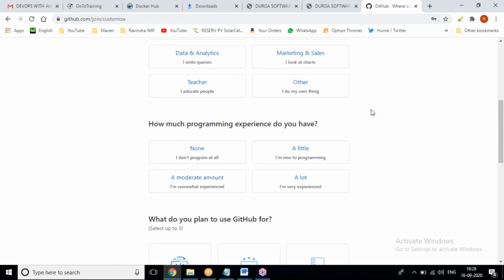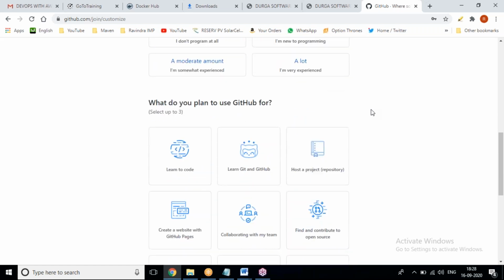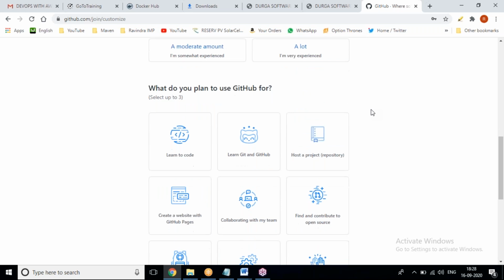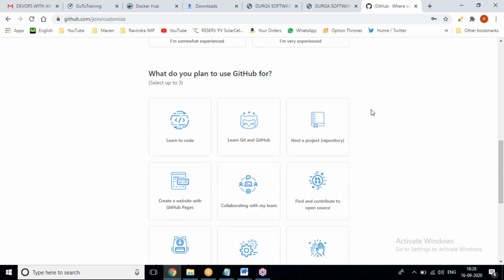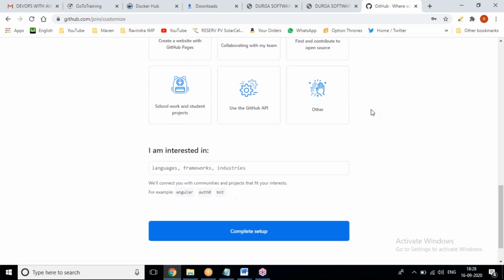If you want to say something, you can. What do you plan to use Git for? Learn to code, learn Git and GitHub, host a project, that's called a repository. You can choose which one you want.